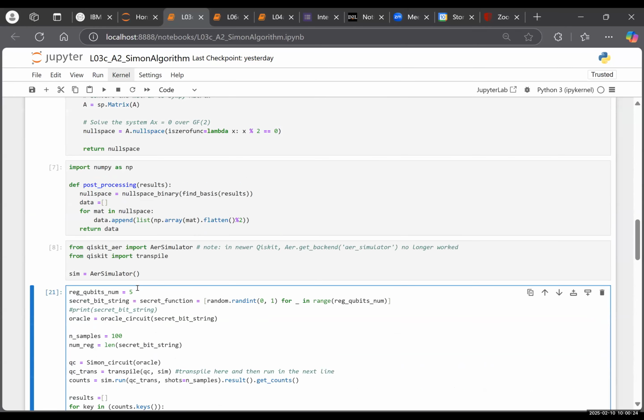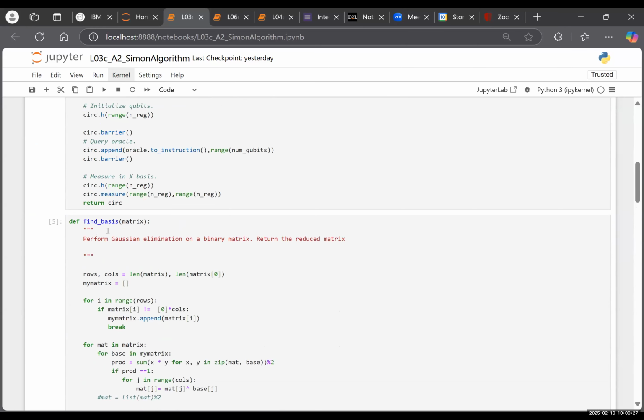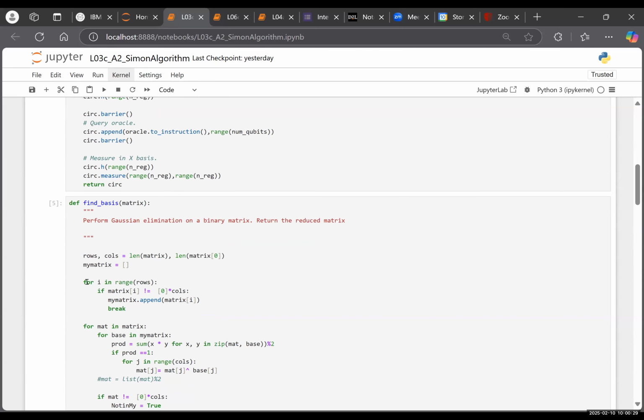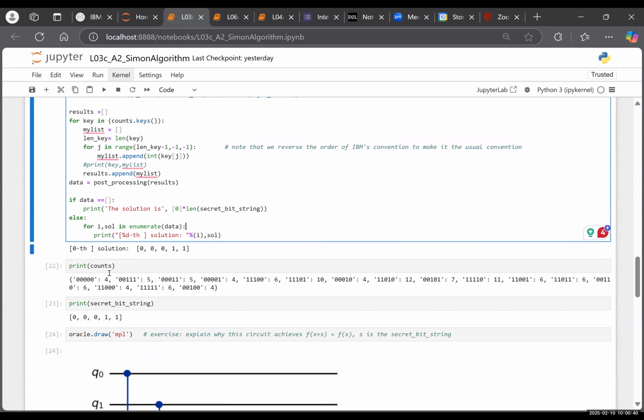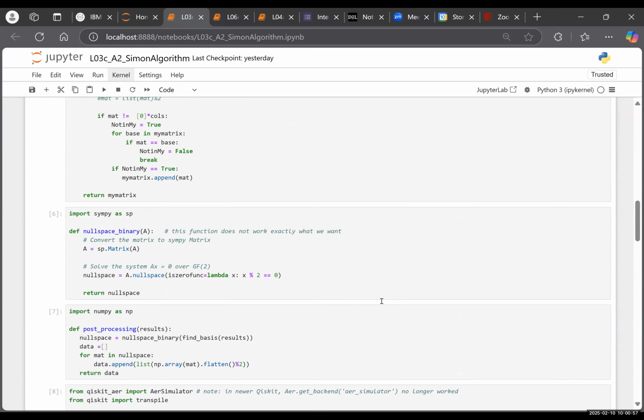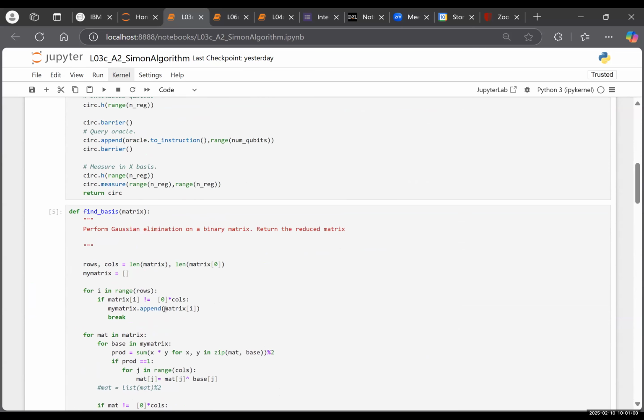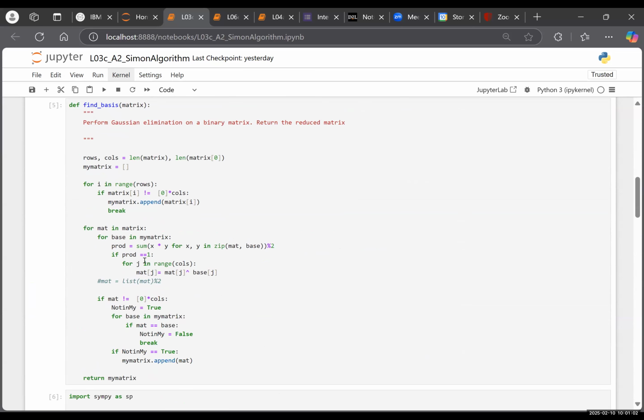What I did there is first, I wrote this part. I collect all these bits row-wise, for example these bits. These are those that get measured, of course, except this one, we don't need to care about that. I collect all these non-zero bit strings and try to find the independent ones, so just try to eliminate those that are redundant. So basically what I'm doing here is some kind of